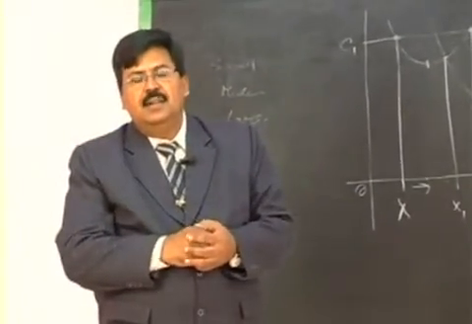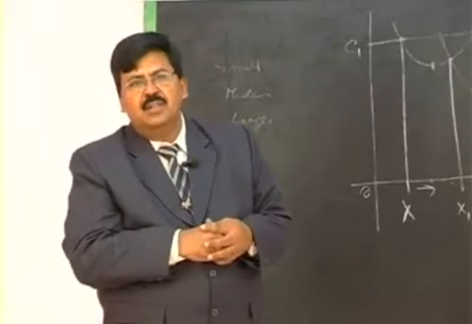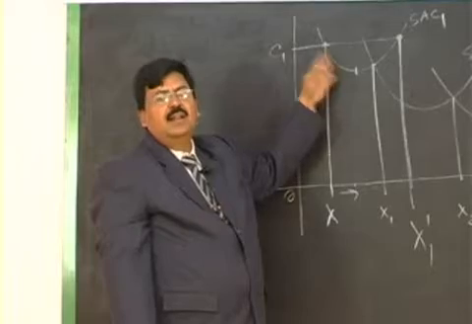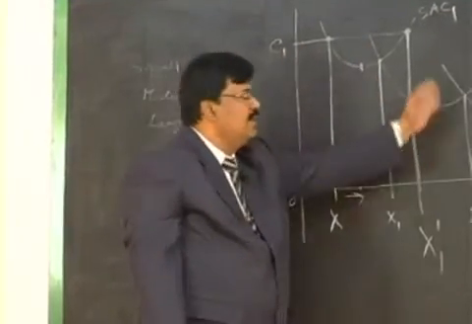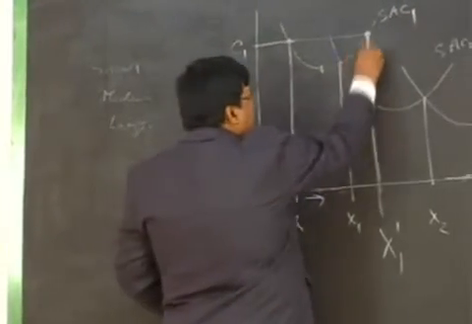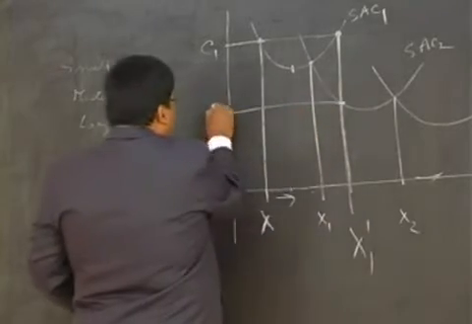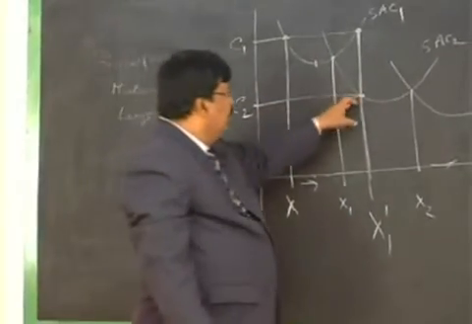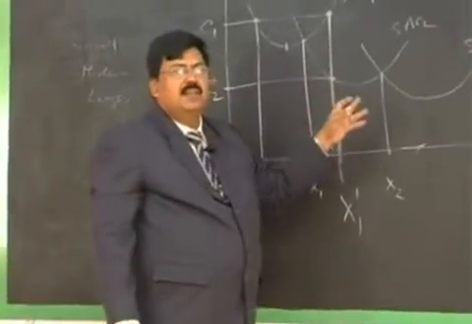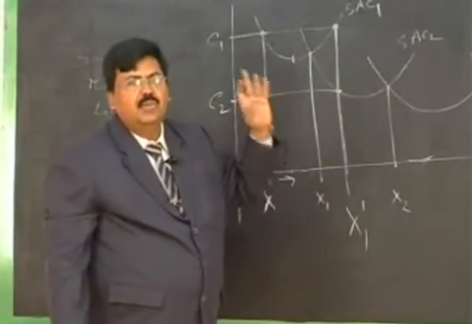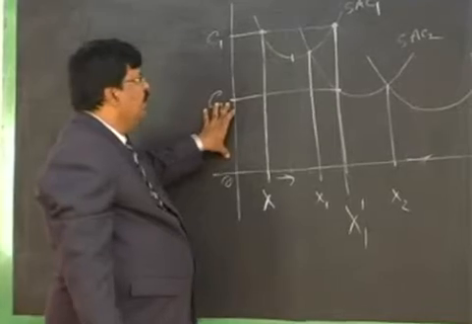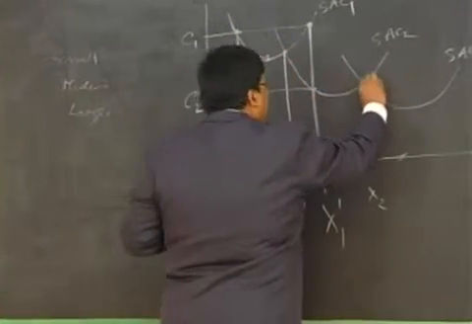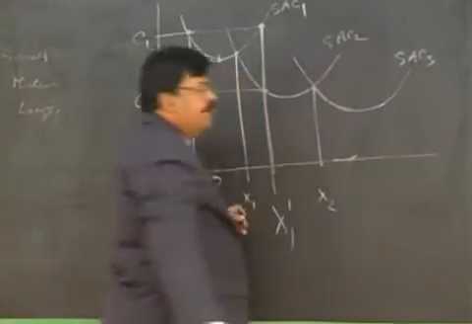But at the time of replacement, certainly he will not replace this machine with another smaller one. At the time of replacement, he will go in for a medium machine because he can reduce the unit cost to OC2 per unit. Understand? So at the time of replacement, by going for a medium machine, the unit cost per unit becomes OC2. So this is the heavily shaded line. We call it LAC.